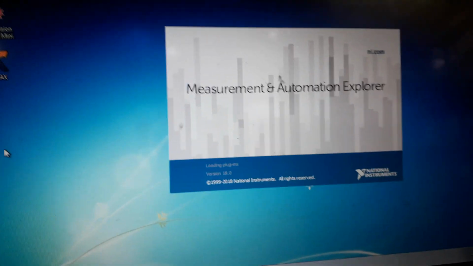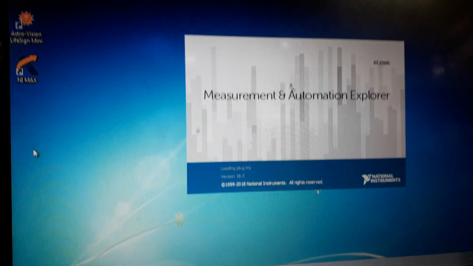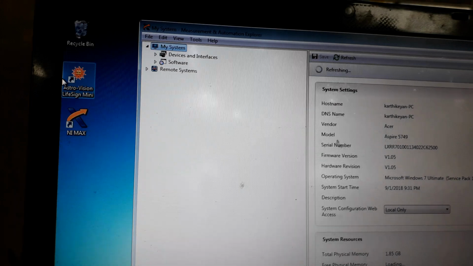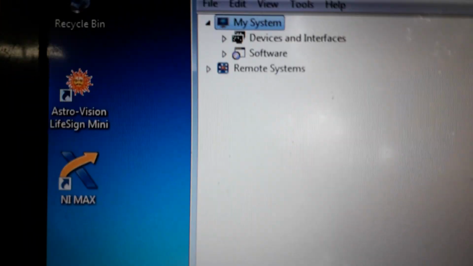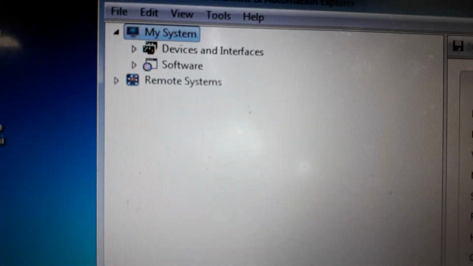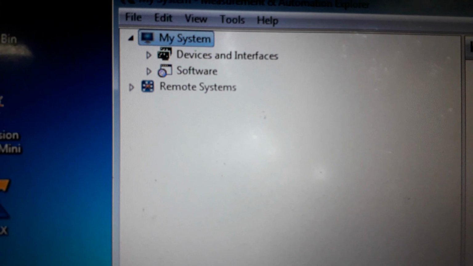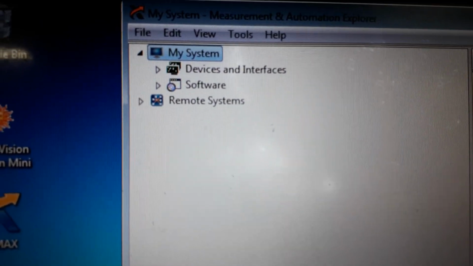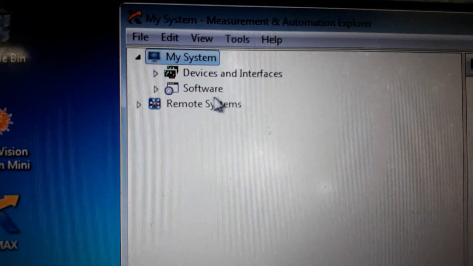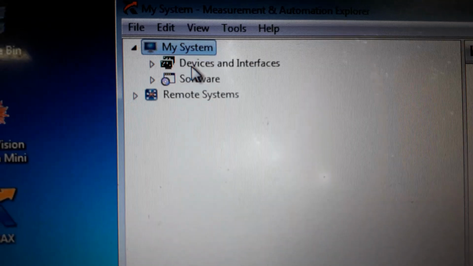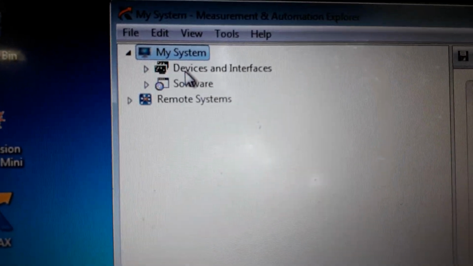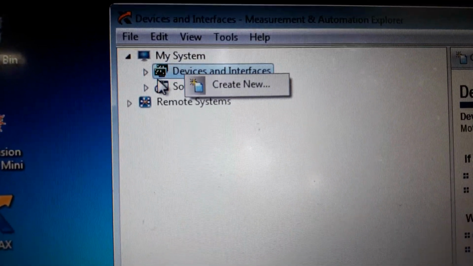So this window will appear. It will take some time. Once it appears, you can see on the left of the window My System, Device and Interface, and Software. Under My System you see Device and Interface. Once you click this drop down button,